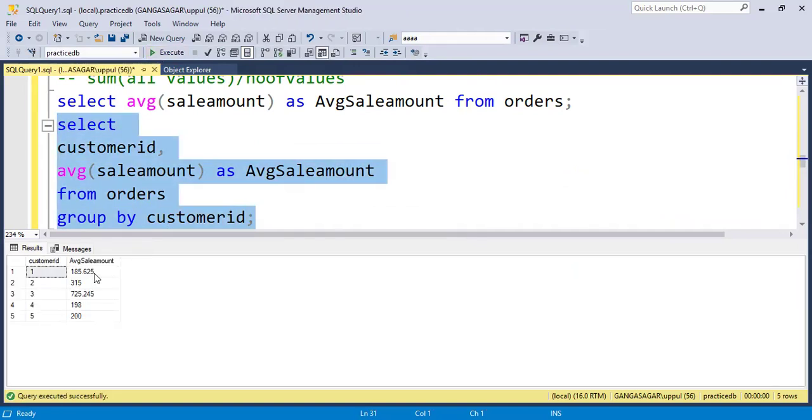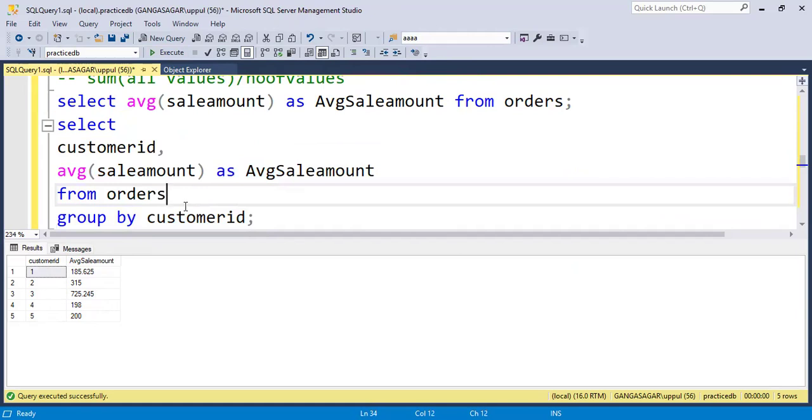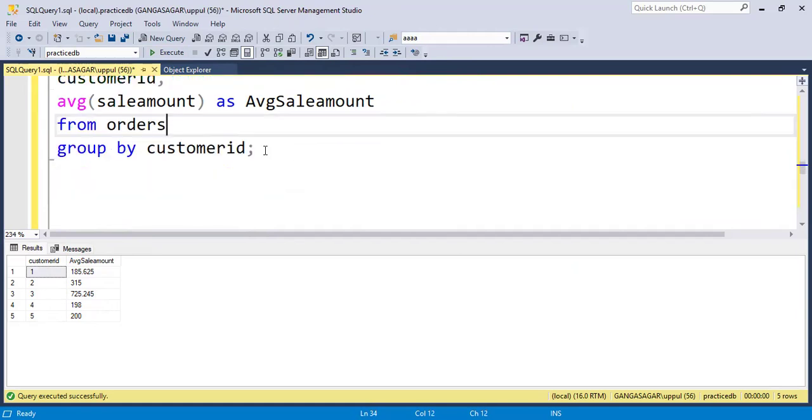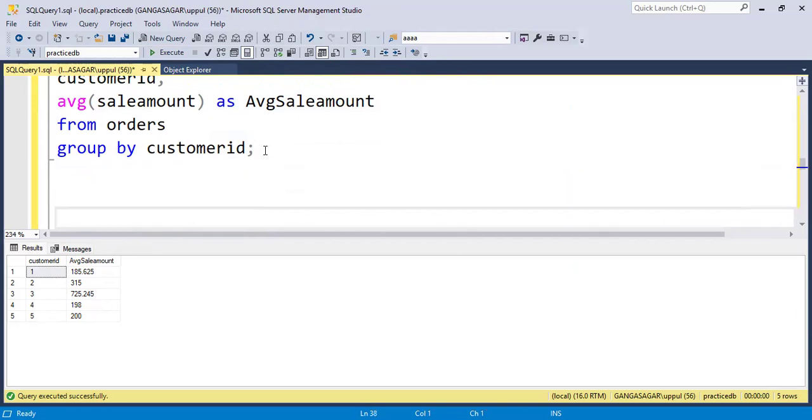Number one, the average sale amount would be 185.625. For second person, 315. For third, 725.245, and so on. So this is the average function. And next,